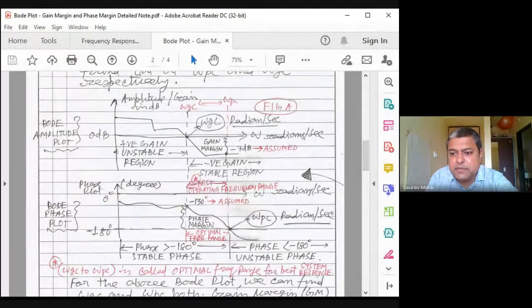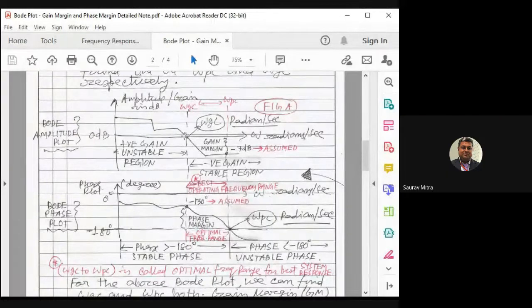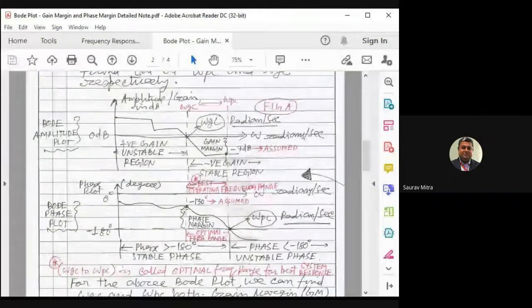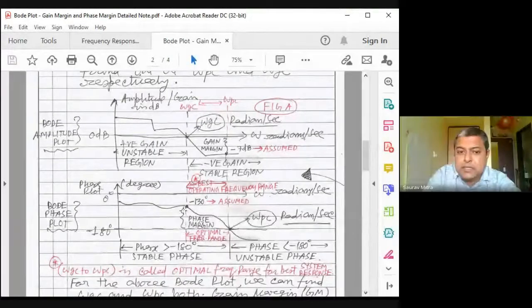Is the system unstable here? The answer is no. So whenever the gain is crossing and going from unstable to stable, initially the gain was unstable but the phase was stable. At this point you find the system gain is becoming stable, and at this point, how much is the phase? Phase is minus 130 degree. How much must the phase be reduced to reach instability? Till 50 degrees, because phase becomes unstable at minus 180, but it is at minus 130. Still there is 50 degree. That is called the phase margin.